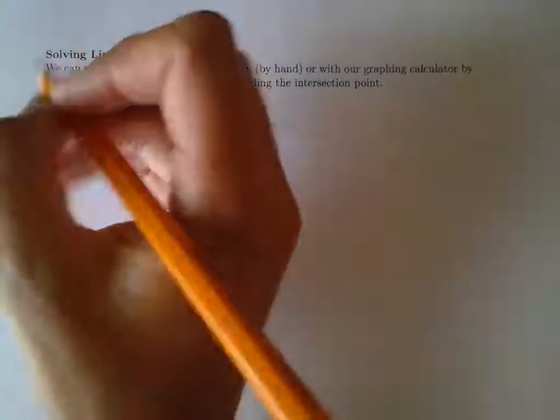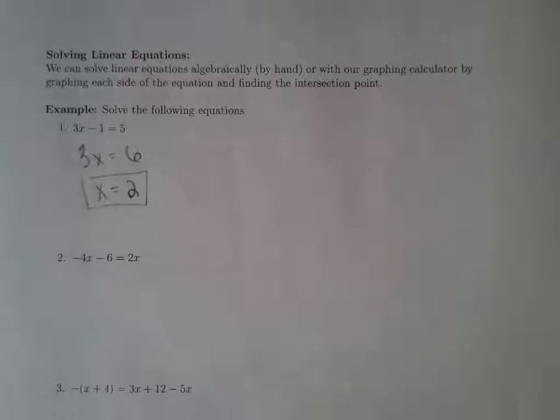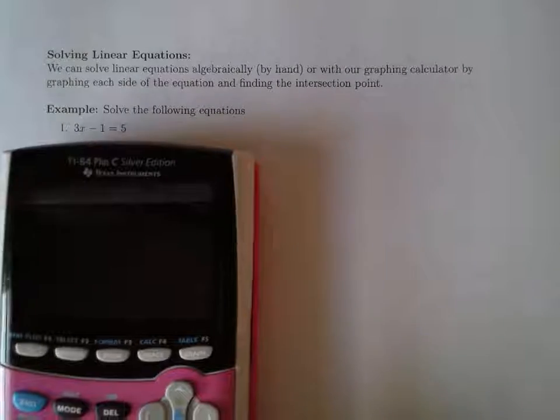I'm not going to spend too much time here. We'd add 1 to both sides. That would be 6. Then we have x equals 2 here. So there's our solution. Okay, for the calculator, what we're going to do is we're going to graph both sides